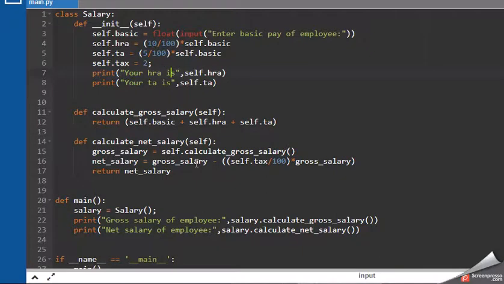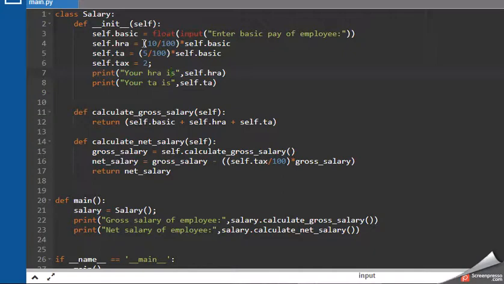So let's move into the programming part of it. You can see that the very first thing is we have defined a class with the name salary. In salary, you know that there are a number of attributes associated with it, like what is the TA, what is the DA, what is the HRA, what is the basic component of the salary, etc. But we have only considered the attributes mentioned in your syllabus. So the very first thing is the basic salary or basic pay of the employee. We have defined the data type as float, because salary can be both integer as well as float, and your basic salary will be stored in self.basic.